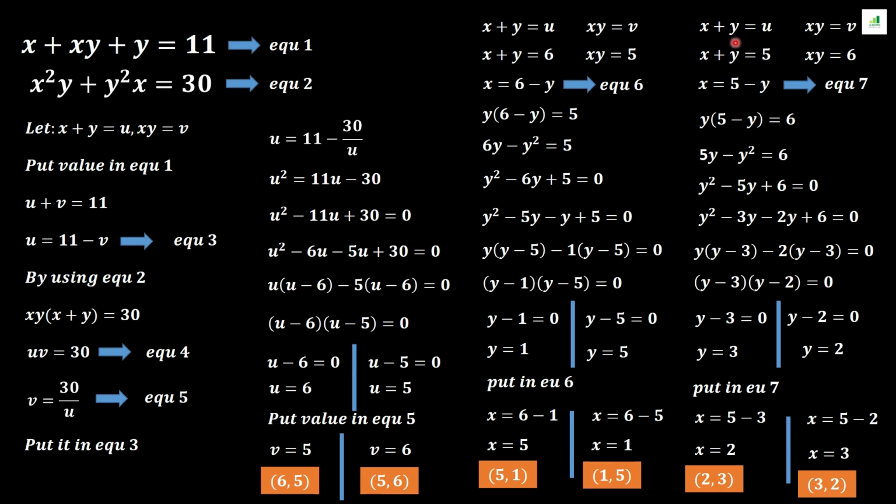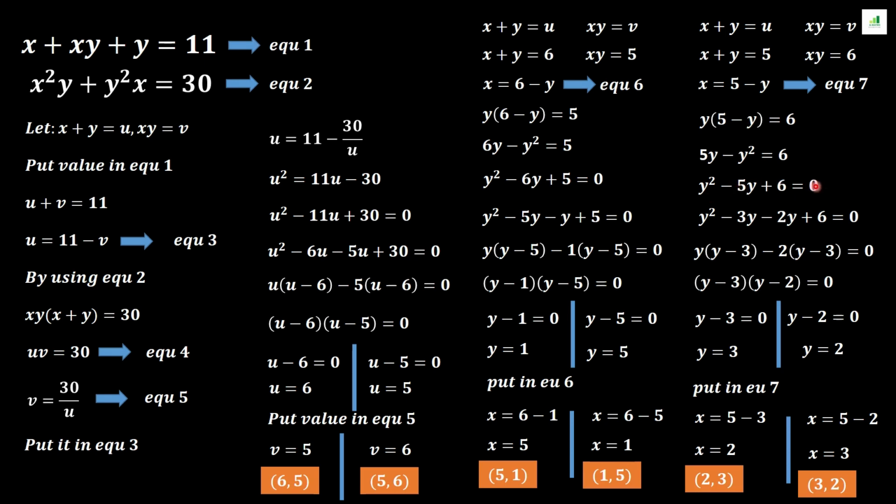Now as per our consideration x into y is equal to v, and according to this ordered pair this v is equal to 6. So here we replace v with 6 and we will get x into y equal to 6. Now in the next step we will replace this x with 5 minus y, and we will get y into (5 minus y) and 6 is the same as before. Now this y will multiply with both of these values and we will get 5y minus y square equal to 6. Now we will arrange these terms and we will get y square minus 5y plus 6 is equal to